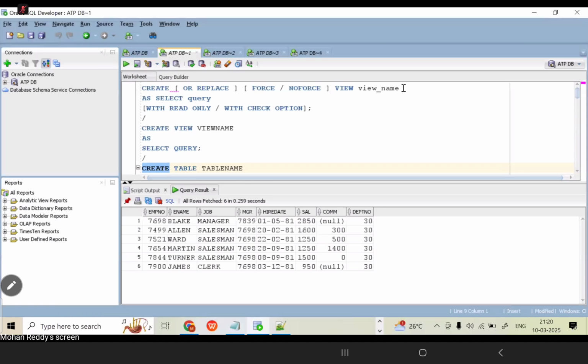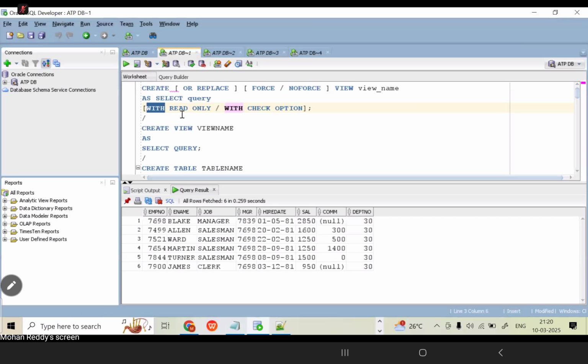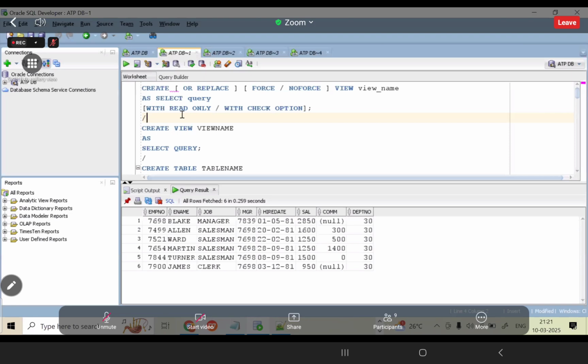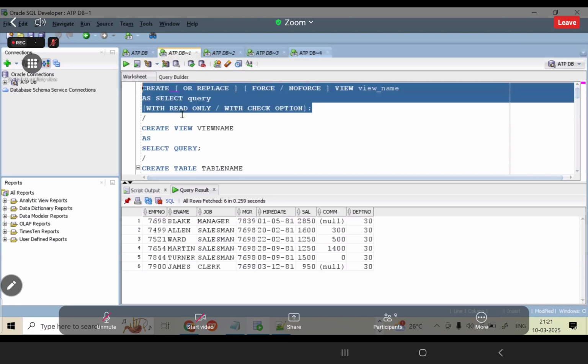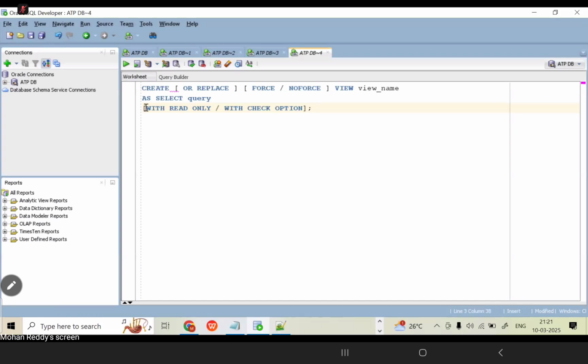If you create the view with read only in your system, it cannot perform any DML operations. If you want to use your system without allowing DML operations, then only we go for the with read only. If we want to create the view with DML operations allowed, then we go for the simple view. Clear up to this, all of you? What is the difference between simple view